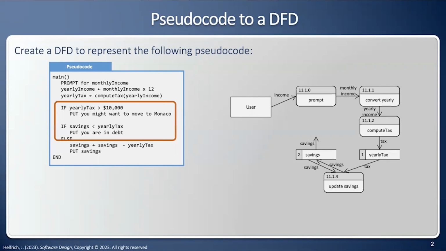Now I have all this output. Hey, you might want to move to Morocco because you made a lot of money, or you're in debt, or we're going to put the savings on the screen. Of these, the only thing we really utilize is the savings, and I'm going to send that back to the